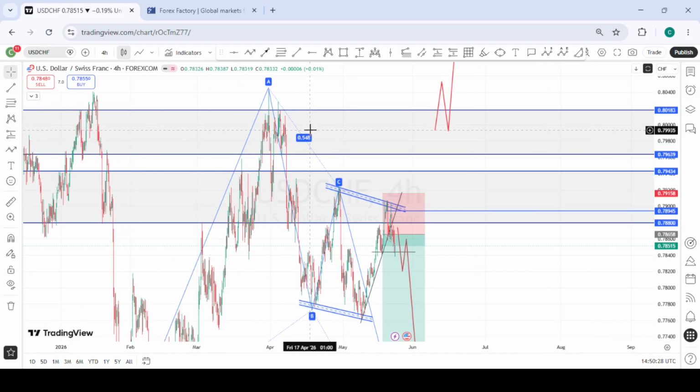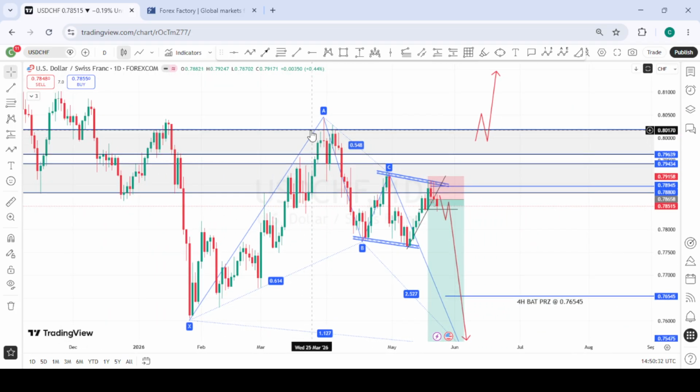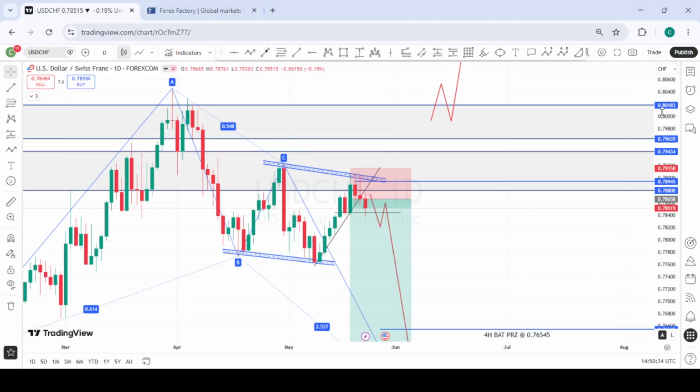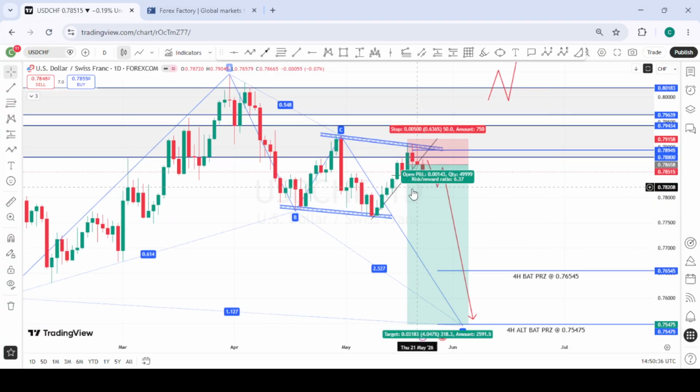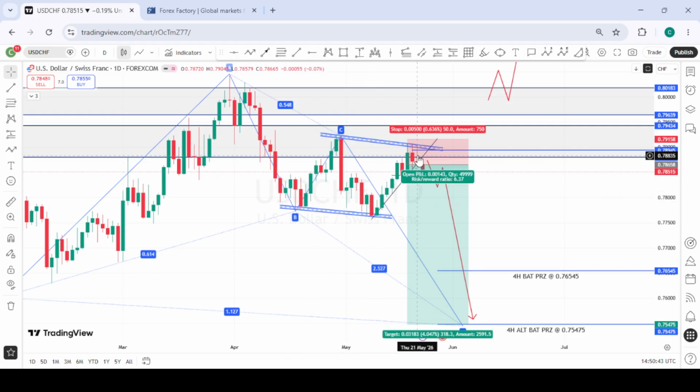So this is USDCHF. We actually caught this sell from last week, and we are currently in this position on USDCHF. Price also pulled back into this area of interest and started showing signs of reversal within its area of interest, which looks like a flat correction or a running flat correction. So we took this sell. We are currently in this position.